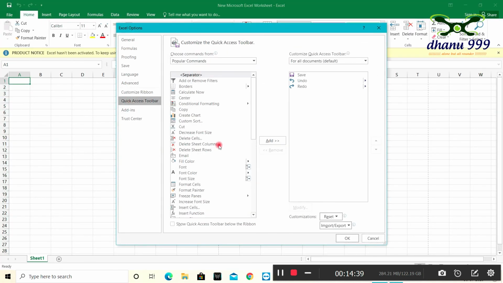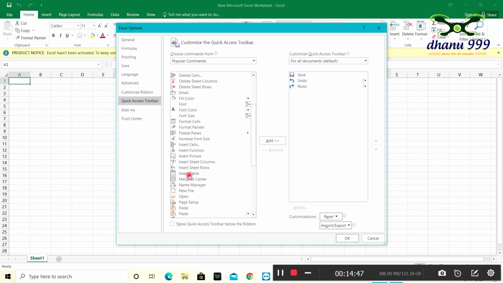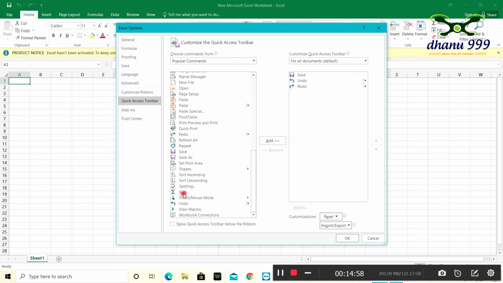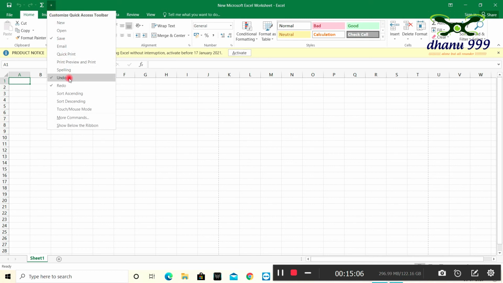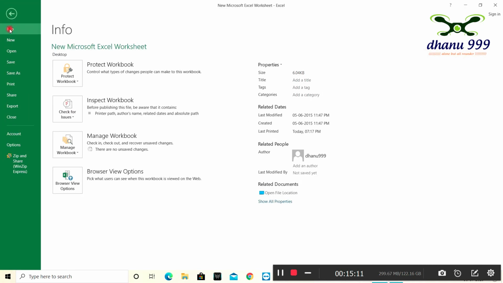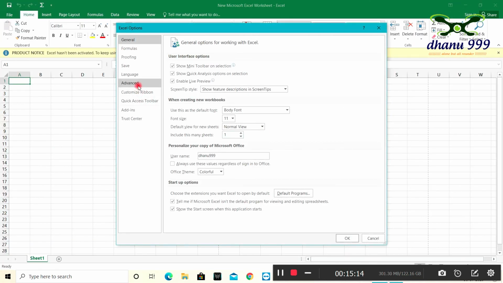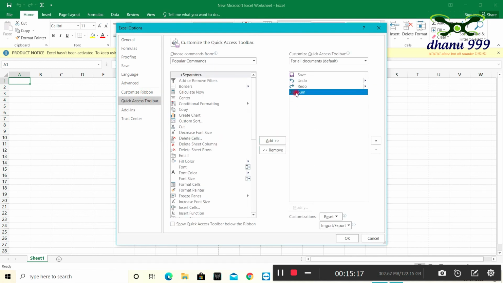And next is quick access toolbar. In class number 1 I had told about the quick access toolbar. If I need more options, then I will select here and add. I will select this one and add it here, then I can get it in this. For example, I will select this one and add sum. Okay, I will see here it came. If I don't want that sum, then we will go for options and next quick access toolbar and remove, so that it will be removed.